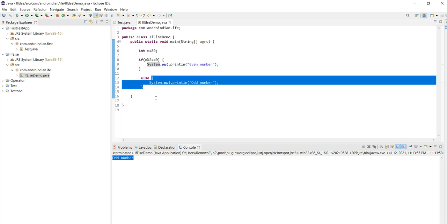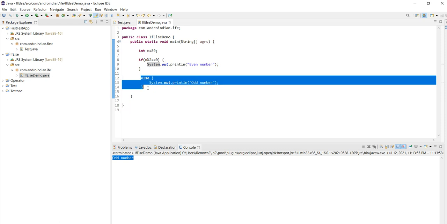If we don't specify them, it will consider only one statement, and one statement is mandatory. If you want to consider multiple statements, then specifying them is mandatory. Within these blocks, we can specify any number of statements.